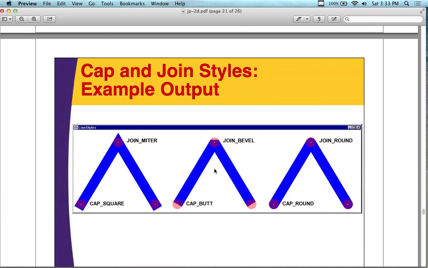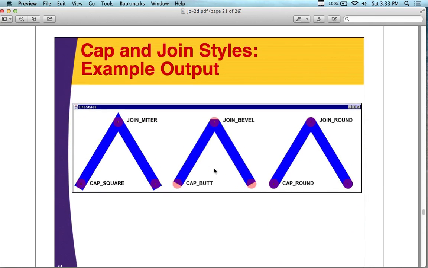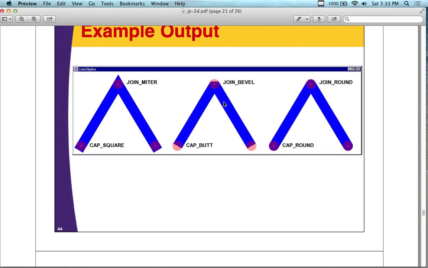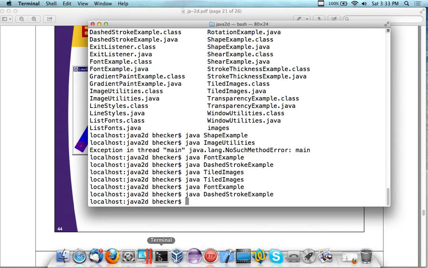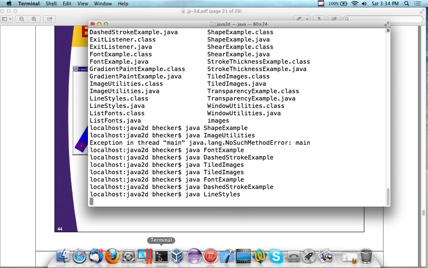This one here, don't know. This is line styles, actually, which are going to show us the differences in terms of the different types of edges for how the line should be brought together. I don't know if line styles is actually in this example, but let's take a look here. It is, actually. So if I type in Java line styles,